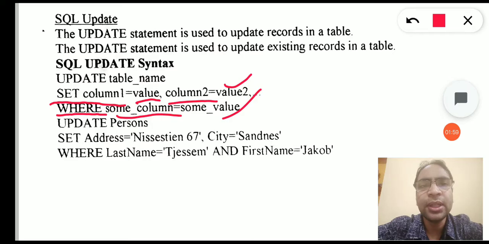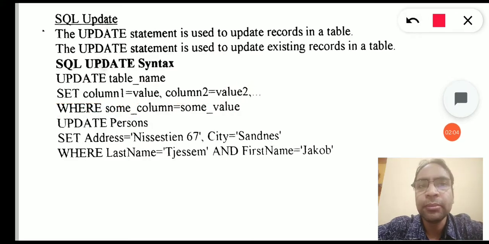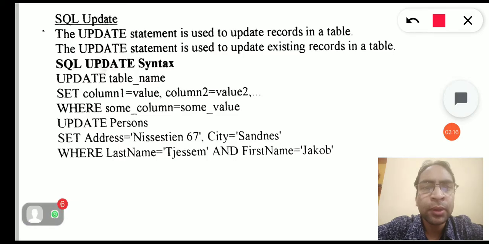Let's see with an example how we can update. Let's see, we have a table person. We have already created the table person in the previous lecture, and we inserted some values into the person table. So we have a table person and we want to update the address and the city for a student whose first and last name is known to us.